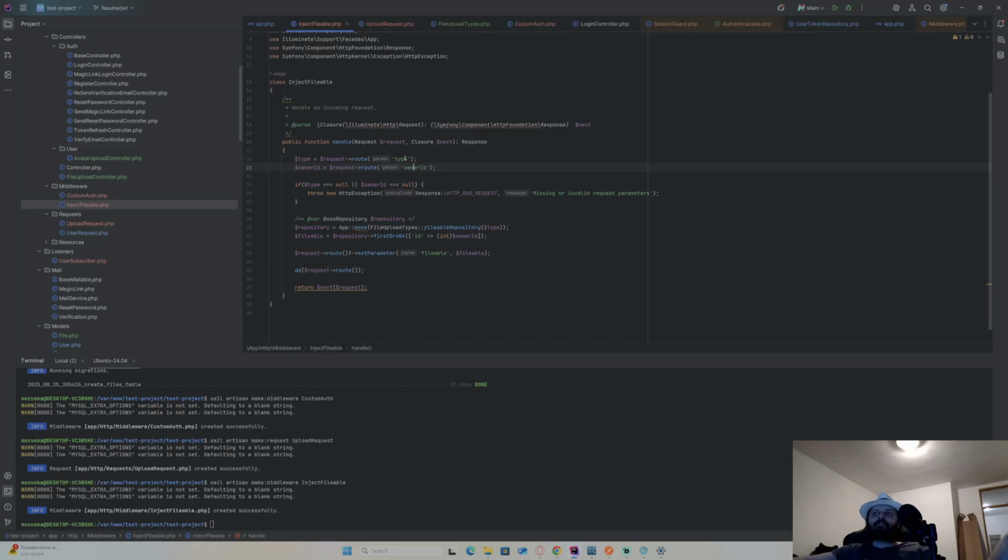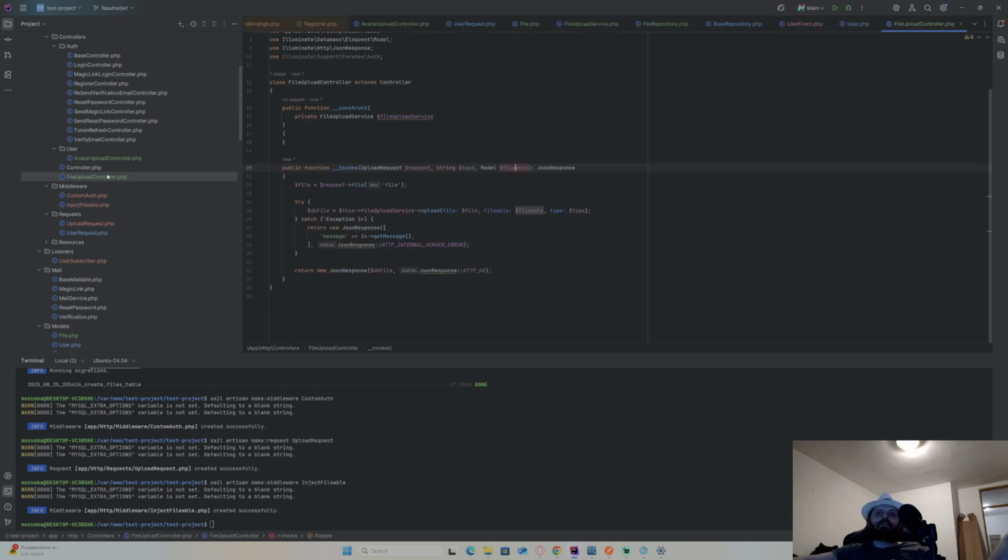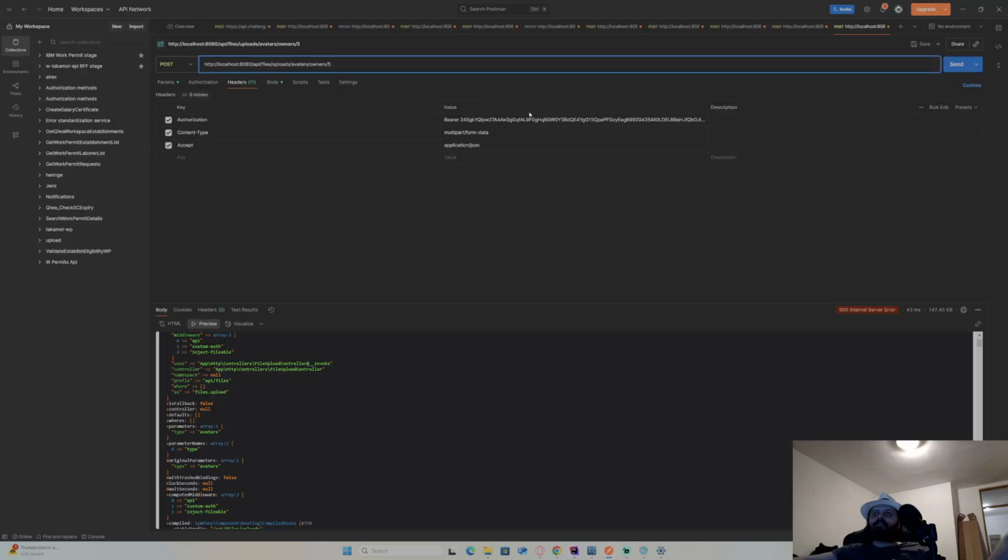Now I'll just put here on ID, okay, type, I get type avatars. And I'm gonna get file repository by this type, which is gonna be for avatars user. Then from this repository, I'm gonna get by owner ID of that user, I get that user basically, which is gonna be fileable. And I'm gonna set parameter fileable that user. Right, and in the controller, I'm gonna inject this fileable here, right? My user is model, so this should be fine. And okay, now let's first see if injection is fine.